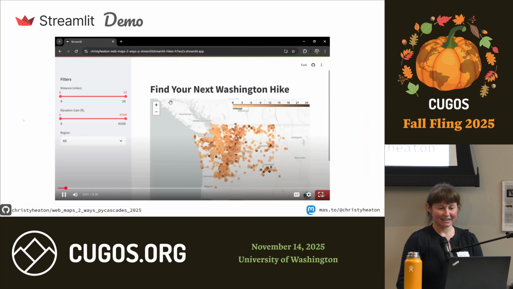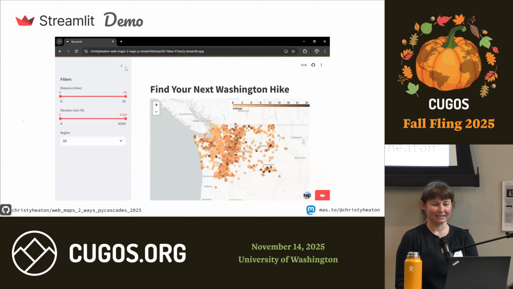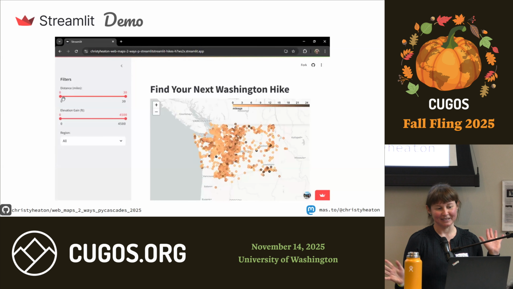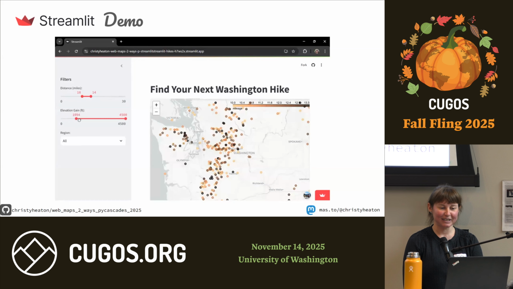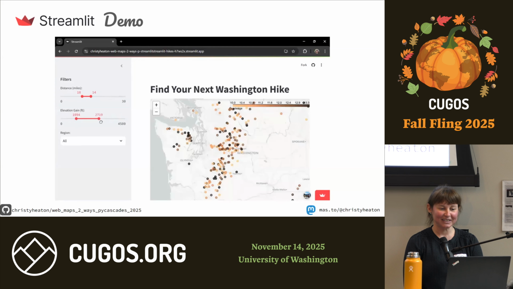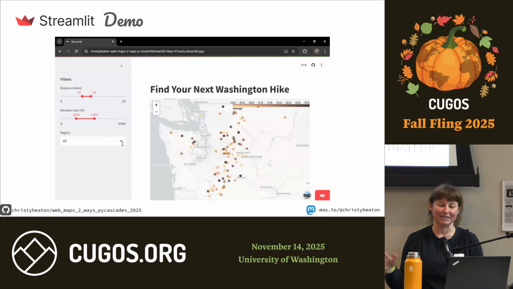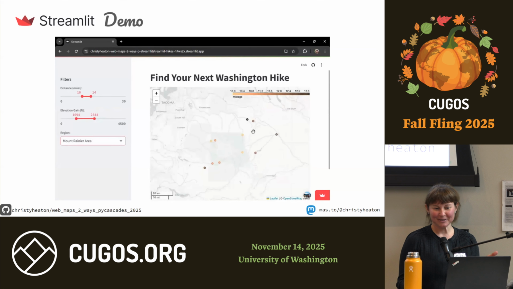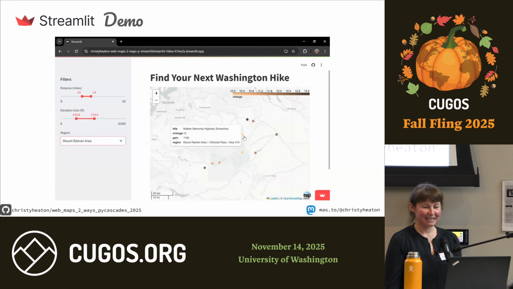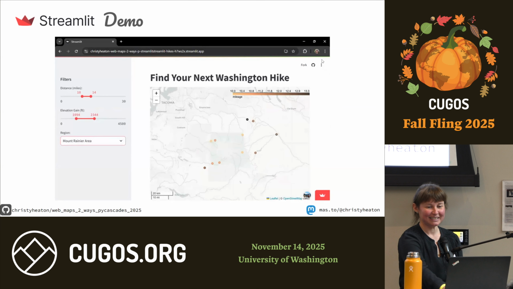Okay, so here is the end result. This dashboard is deployed at that URL. I have this nice filters panel. Like, I showed you all the code. There wasn't that much. You can filter the distance, say like, I'm interested in a 10 to 14 mile hike this weekend with about an average elevation gain. You can see the map is updating right away. Region, sure, Mount Rainier. Okay, so that's the dashboard, interactive components. If you hover over, you see just the nice little tooltip,